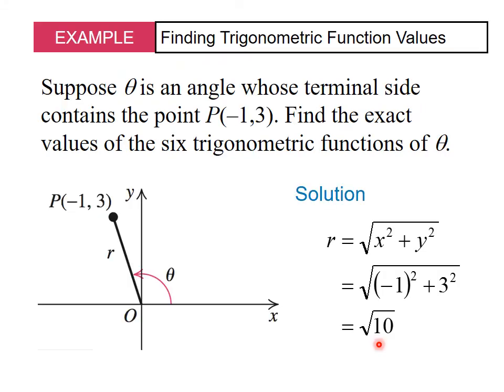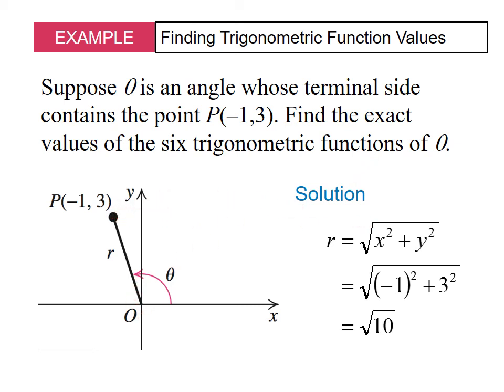I'm going to skip a few things here just for brevity's sake, but we can look at the examples. I give the examples in the notes right over here. So given (-1, 3) out in space, what we want to do is figure out all 6 trigonometric values. So notice we have the x coordinate, we have the y coordinate. The only thing that we're really missing is r. That's really it. So using the Pythagorean theorem,